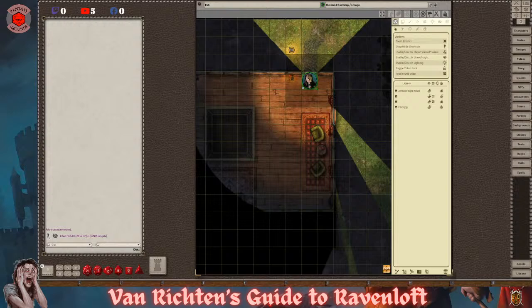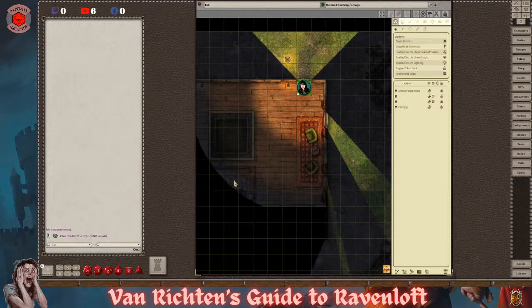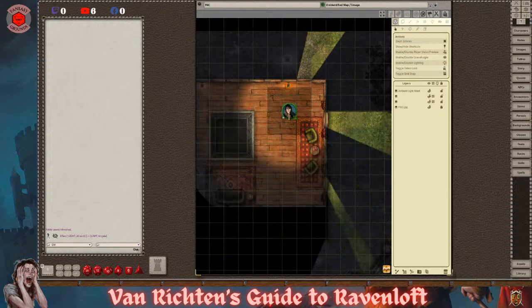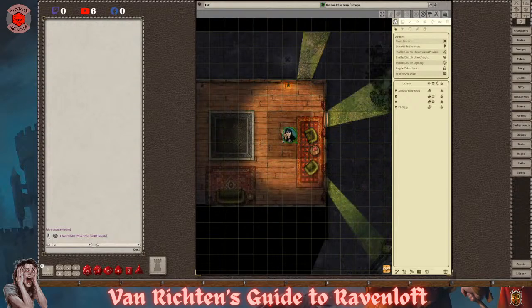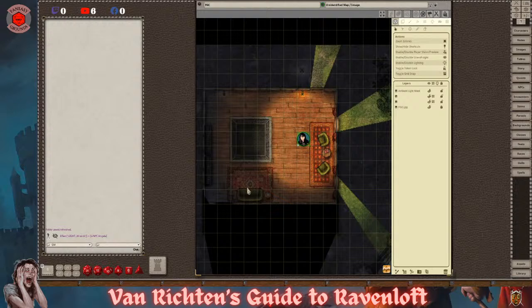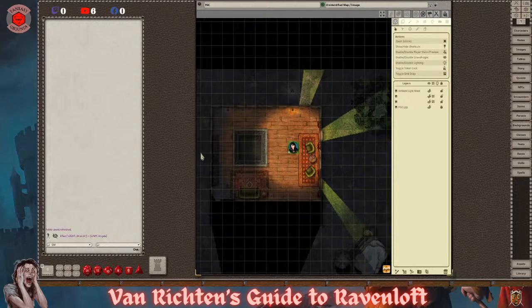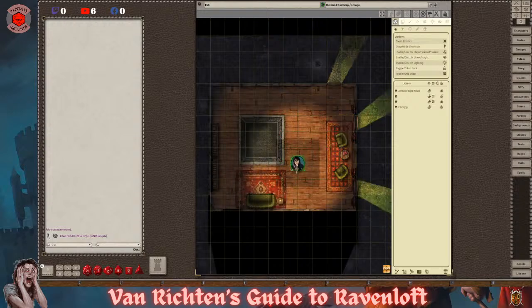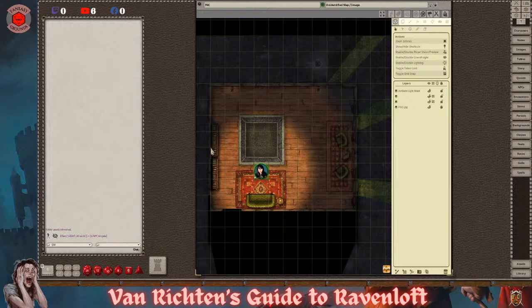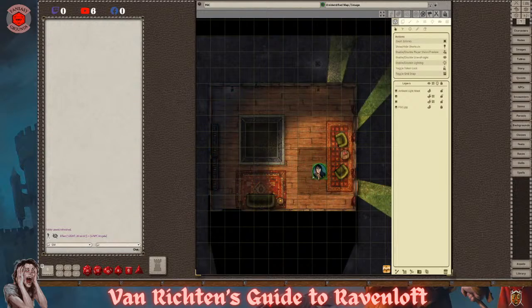So as she moves in, as you can see, it turns into like a radius. So now the ambient light is in here, and her actual radiant light is on the edge of that too. So she can see a little bit, and all that does is it gives her disadvantage on her perception check. So if she needs to look at something like the bookshelf, she'd be at disadvantage unless she moves closer. If she's about here, then she can see. If she's back here, then she's in dim light. So anything that relies on a sight-based thing would be at disadvantage. So the lighting